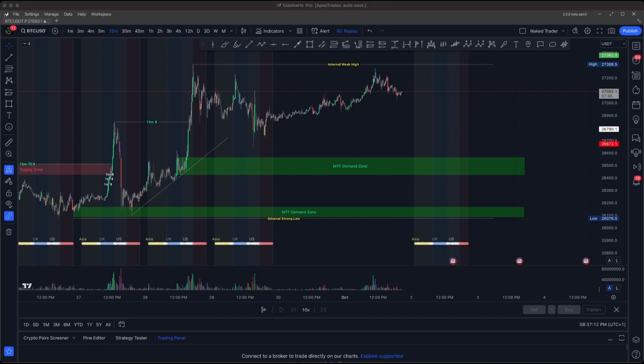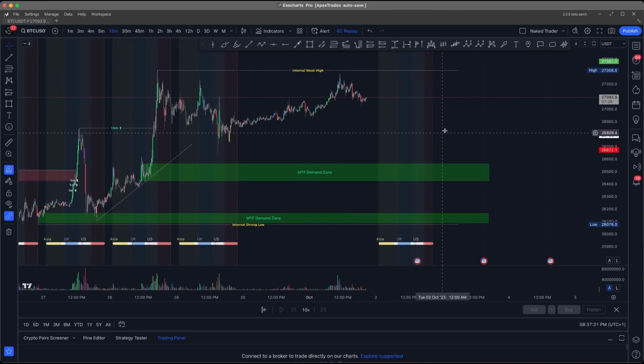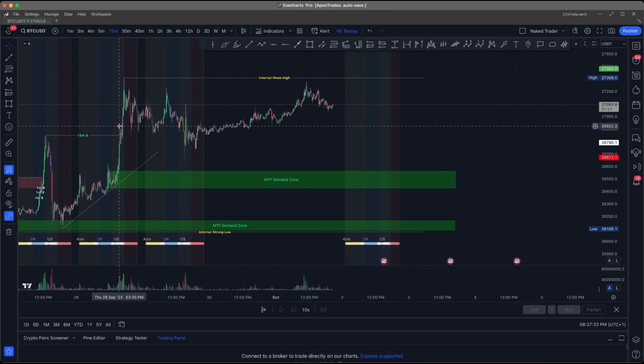Let's say your account balance is $1,000, purely because it's a nice round figure. So let's say we want to get a move here. We want to go long, right? For whatever reason, we think this is a good zone. I don't think it's the greatest of zones because of the liquidity, but let's just go with it for the sake of it.